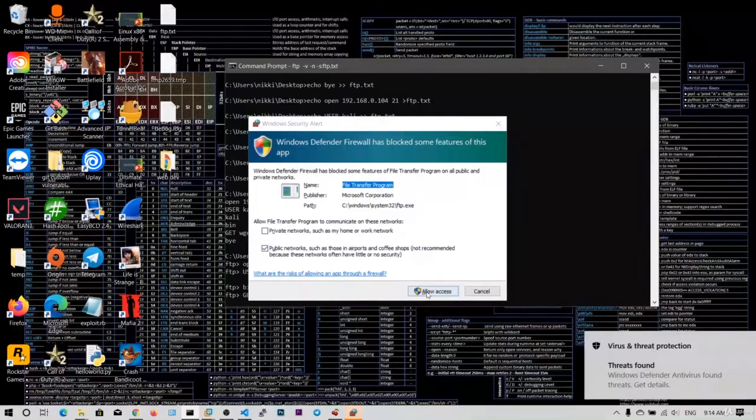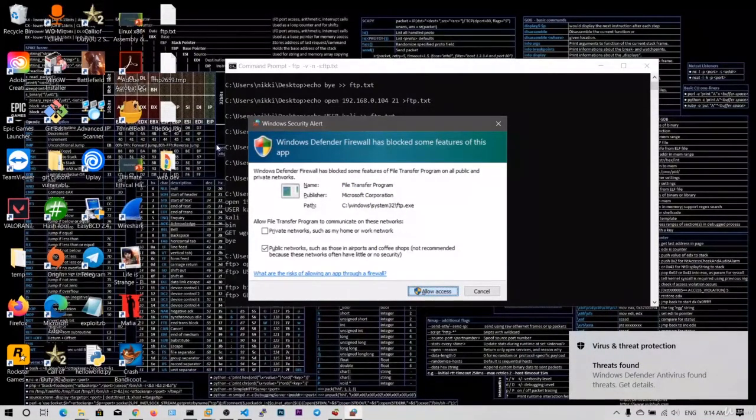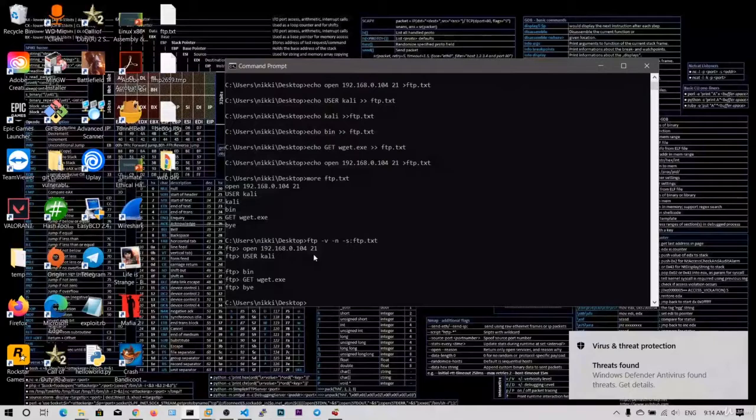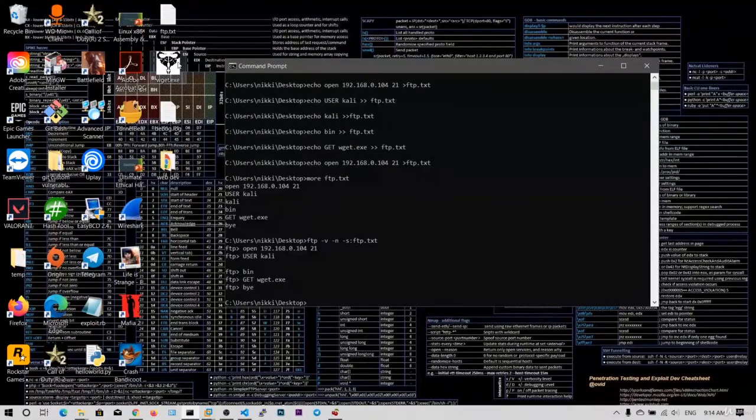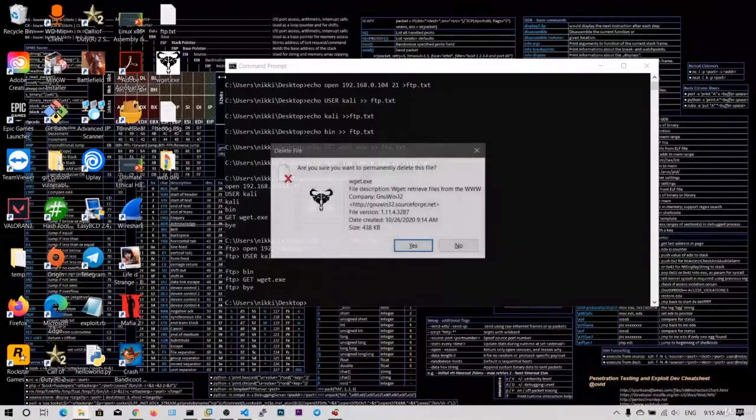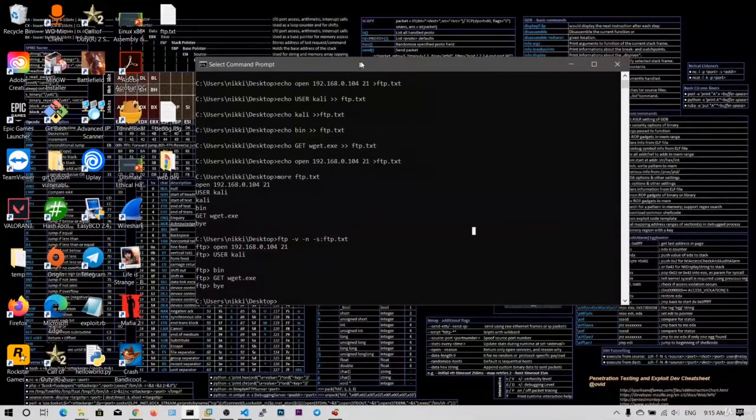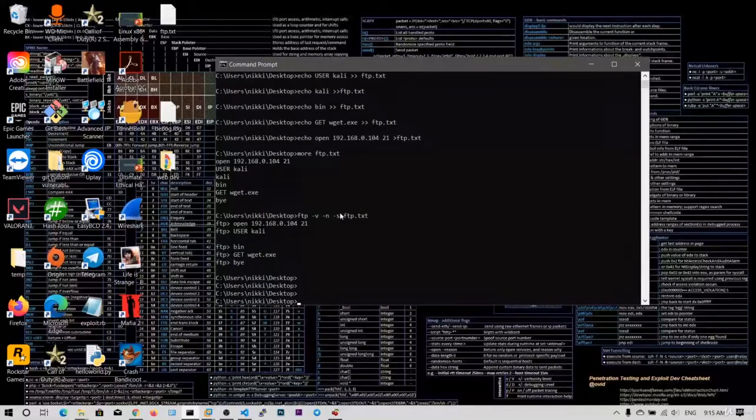So it's asking for allow access. Click on allow. Now as you can see, we got this wget.exe, and we can just get any file using this wget.exe. Now let me delete this one. So this is one way of getting via FTP, and in Windows 7 systems this firewall does not ask, and in normal pen testing, I hope these commands will work guaranteed. And this is one way of FTP,